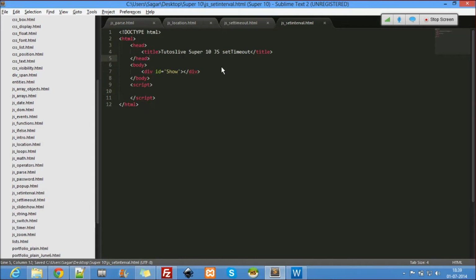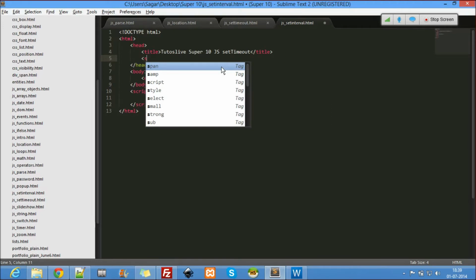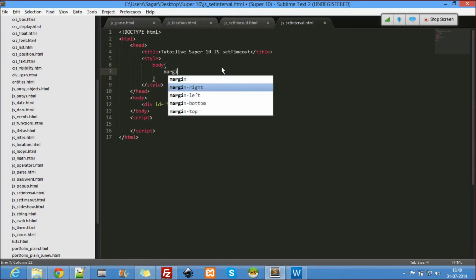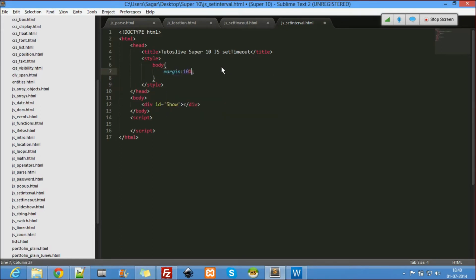Okay, so let me just give some style here. Body, margin 10%.